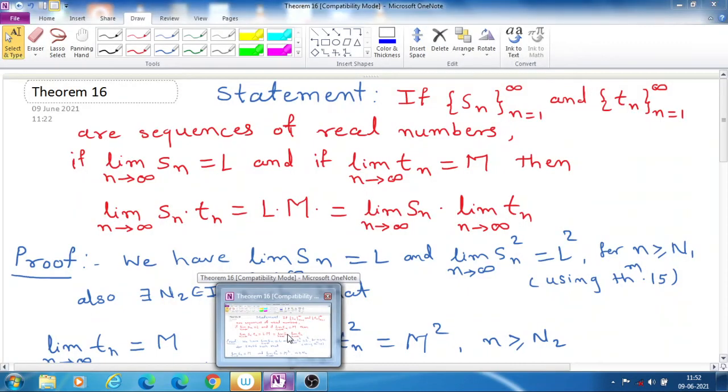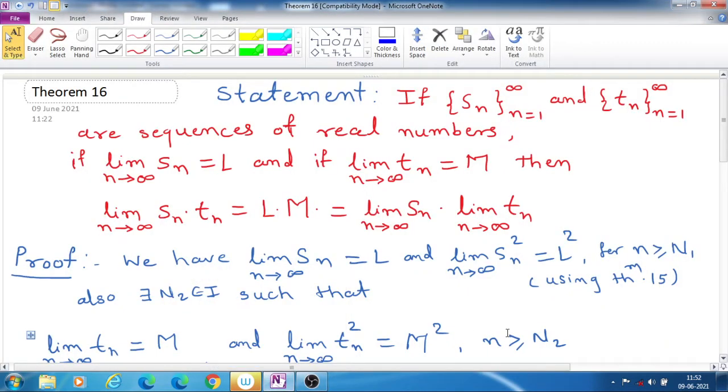Now in this lecture we see the next theorem, that is theorem 16. The statement of this theorem is, if sequence Sn, n equal to 1 to infinity, and sequence Tn, n equal to 1 to infinity,